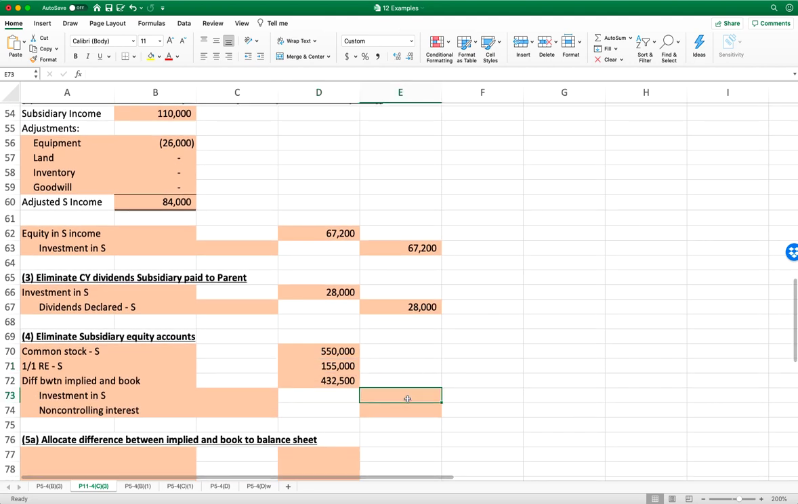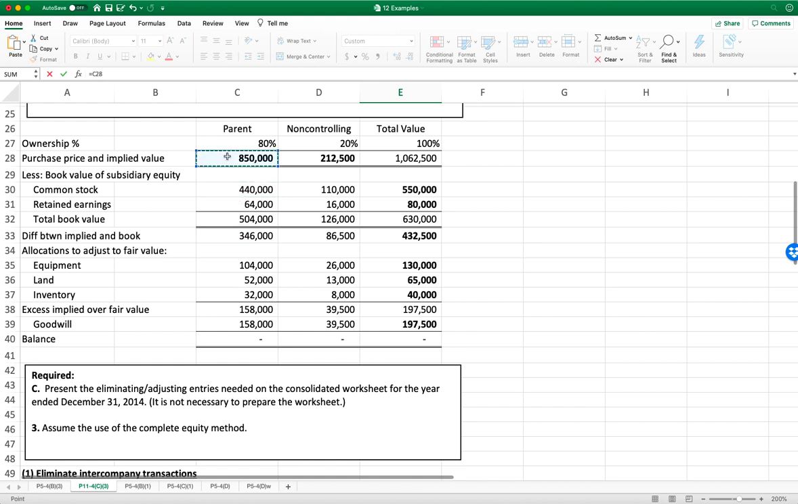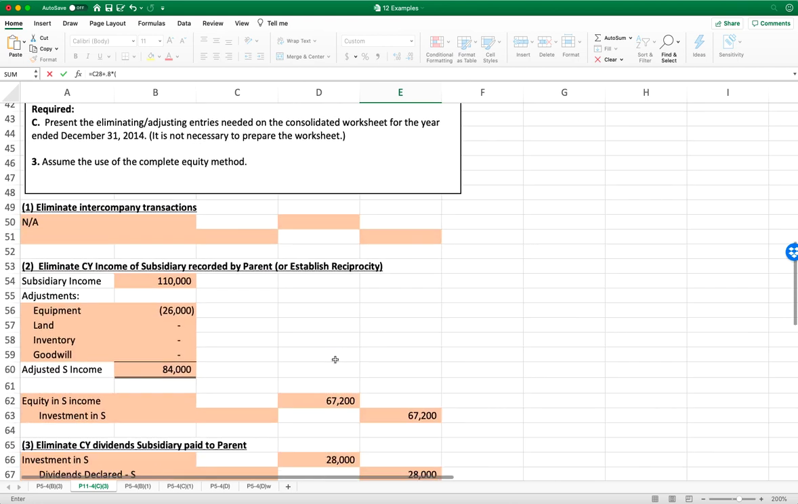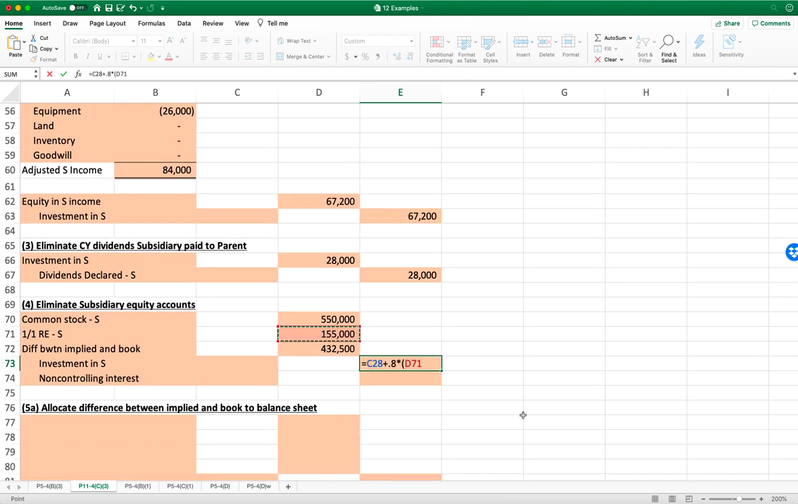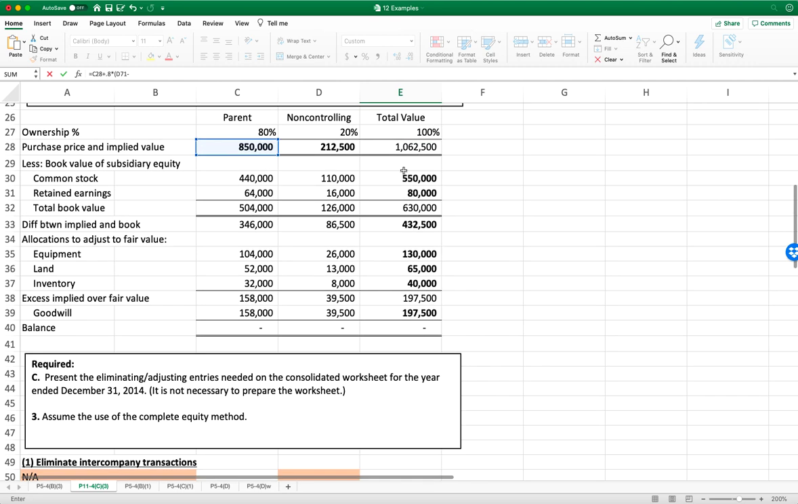All right, so now we need to do that thing where we take our increase in retained earnings and allocate it between our investment in S and our non-controlling interest. So what we're going to do is take our original investment in S, which was $850,000, add to it our share, or 80%, of the increase in retained earnings from between the beginning of the current year, which is in our eliminating entry, versus the date of acquisition, which is in our computation and allocation of differences